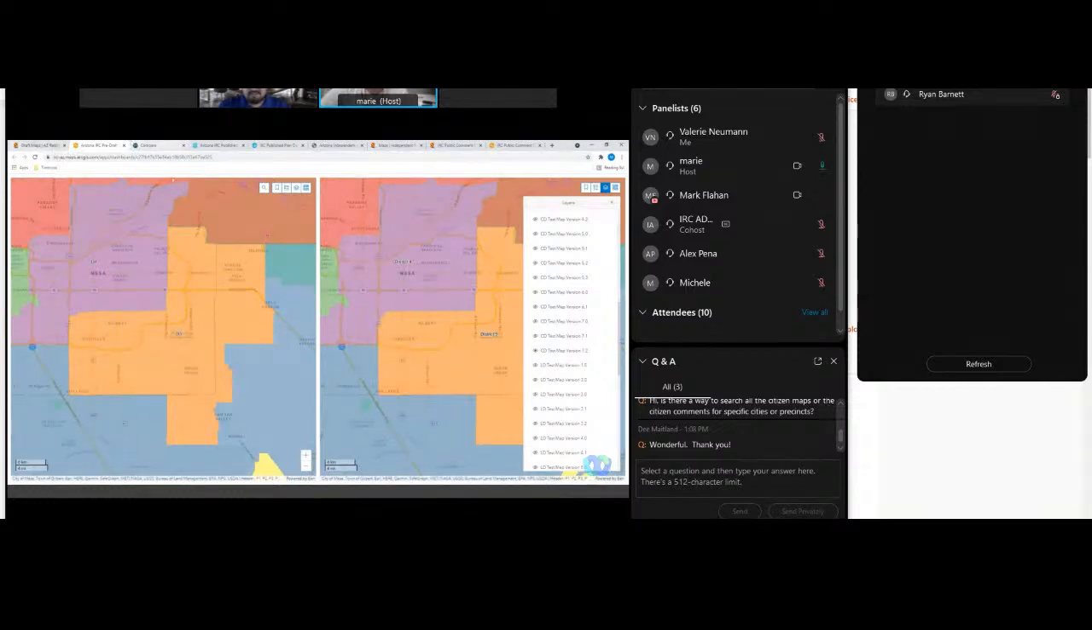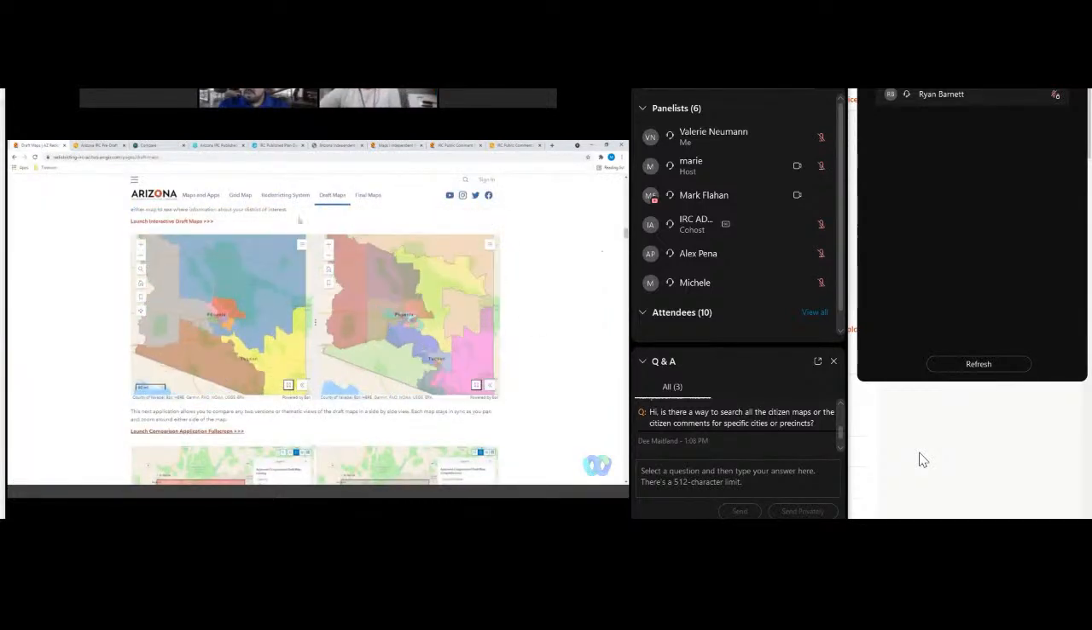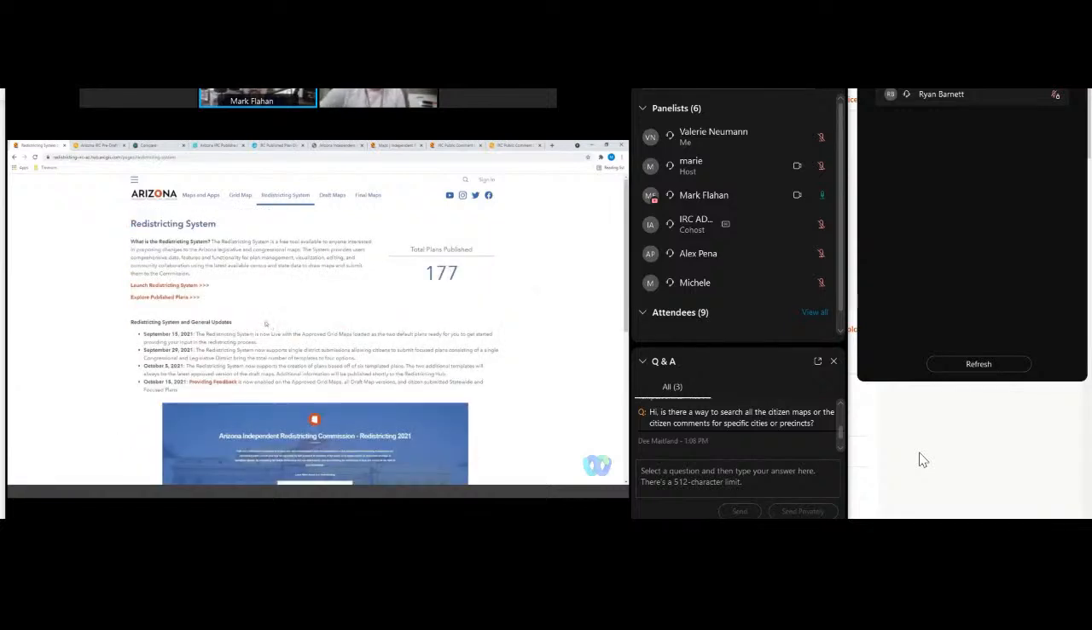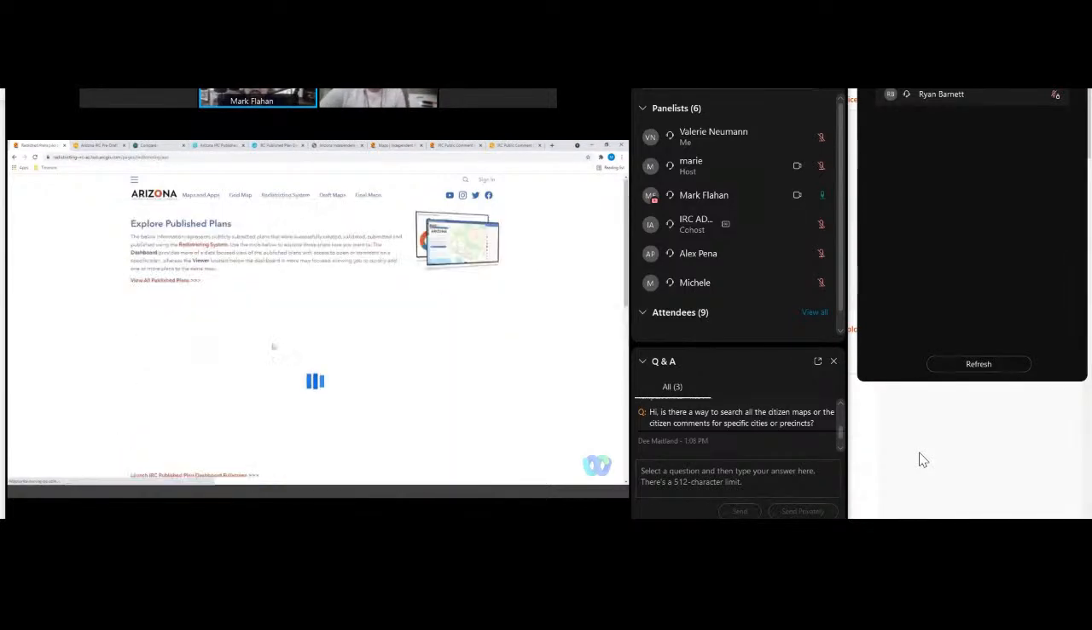So the next question we have is from Tempest, and she says, hi, is there any way to search all the citizens' maps or the citizen comments for specific cities or precincts? Sure. So if we go back up to the redistricting system and you go into the Explore Public Plan, Published Plans,